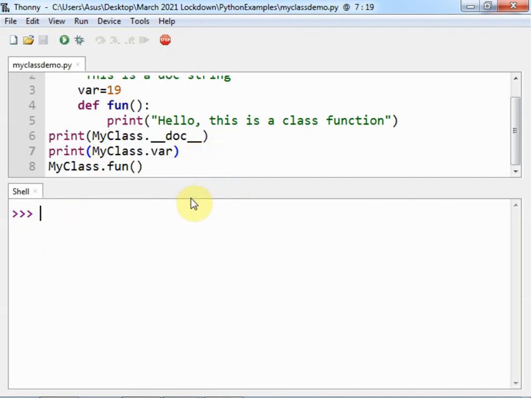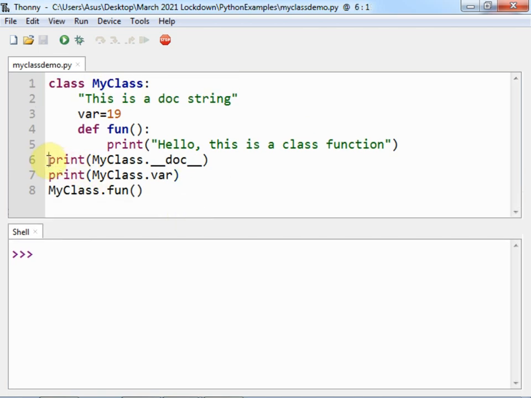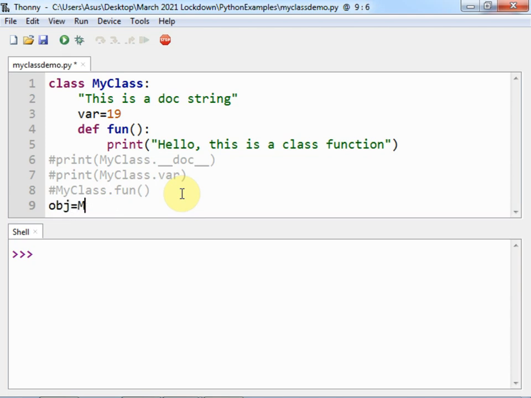If I don't want to use this my class keyword, I will just comment it out using the hash, and now I want to create the object of this class. So obj is the name of the object, equal to my class and opening and closing parenthesis.